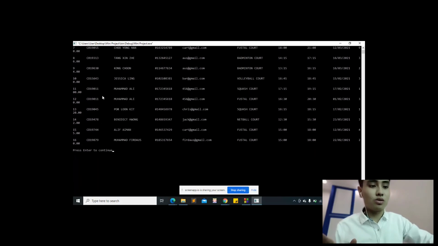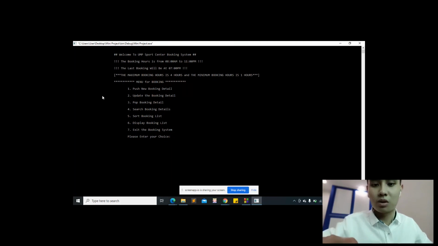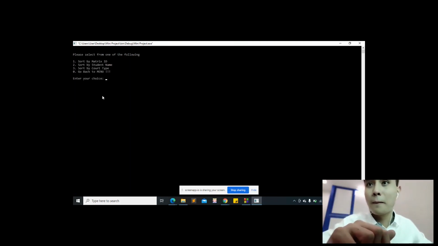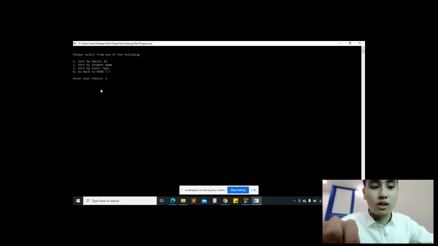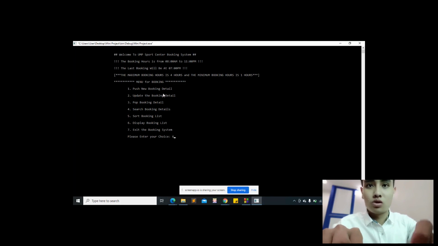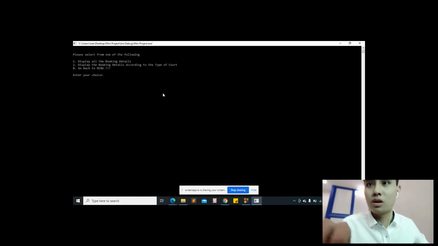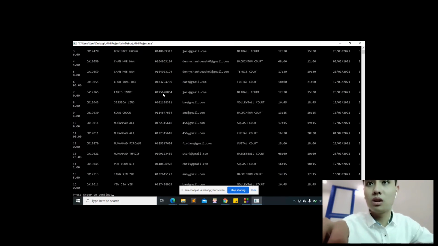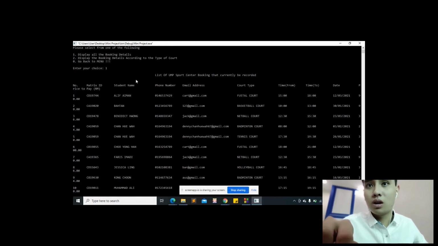Let us continue to the second type of sorting. Choose the second one and press enter to continue. Choose 6, then 1. Now you can see the arrangement changes again.